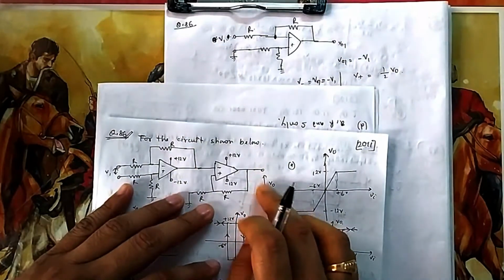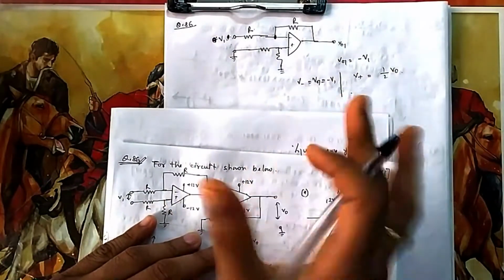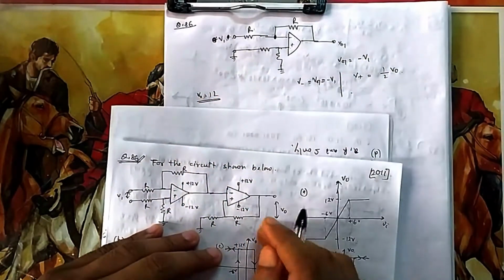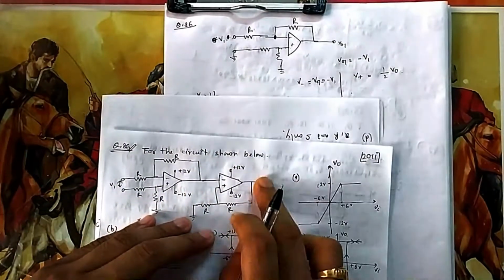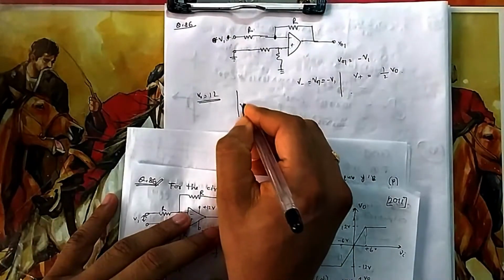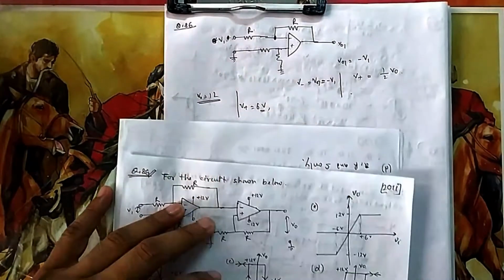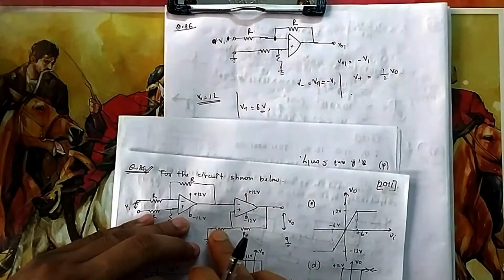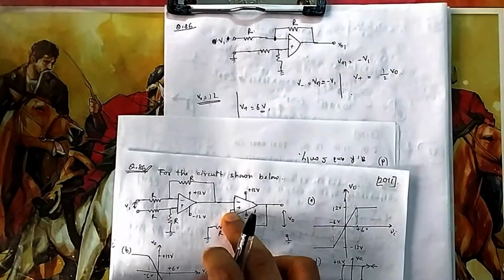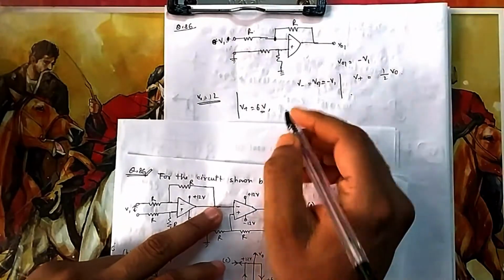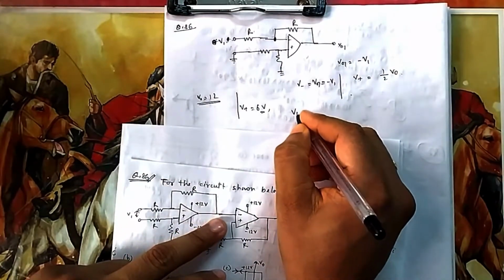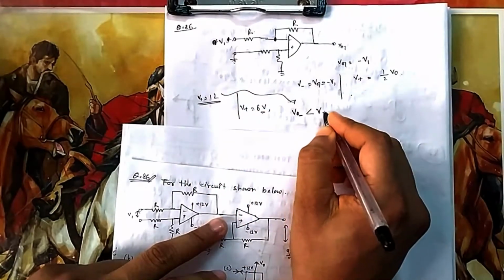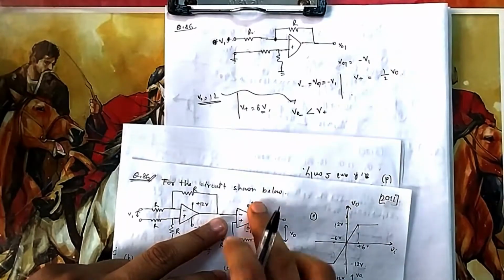Now it depends on you. Let us take the output V0 is plus 12. You can take plus 12, minus 12, whatever. That is not an issue. So if I take plus 12 and it is wrong, it will come back. Don't worry. If it is 12, then my V plus is 6 volt, because 12 divided by 2, 6 volt is coming here. Okay. Now you have to think about this voltage. If my V minus, that is V minus, is less than, I am thinking positive means my V in is less than V plus, because that's the case when it will be at plus 12.